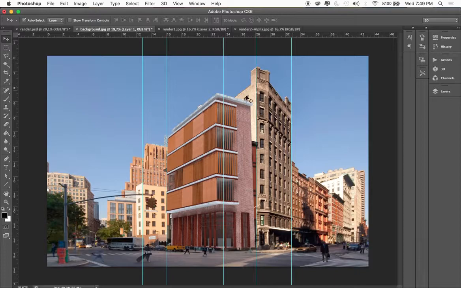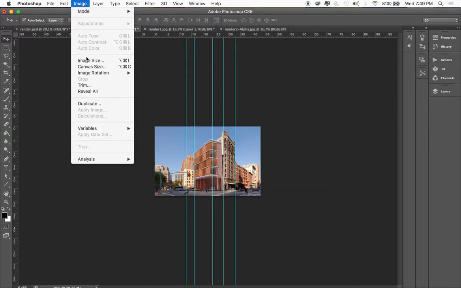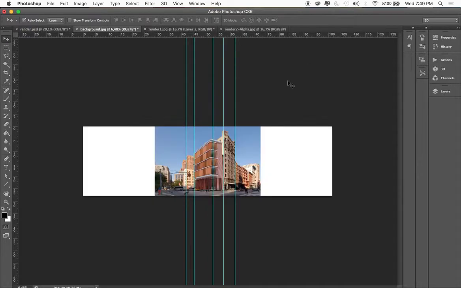Now the only thing that we need to do with the free transform of this image, we will adjust the perspectival settings and match it with the background image. So for that I will enlarge the canvas, inches like 35, let's say 40, center image. Okay,